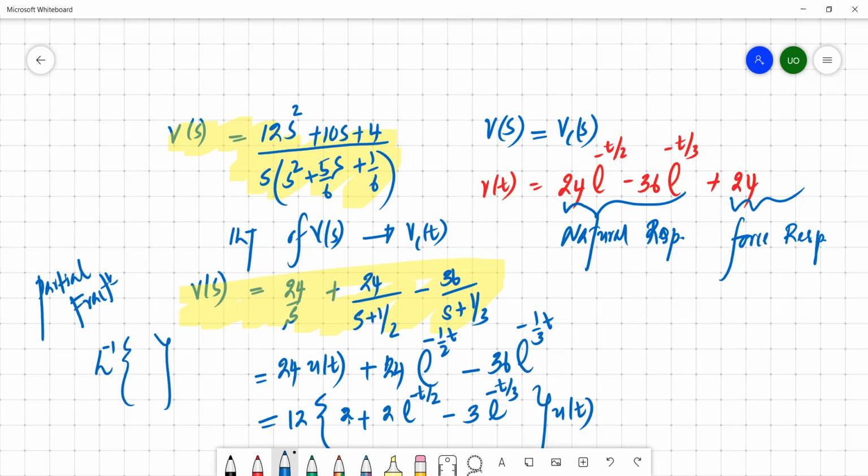So this is the natural response, and it basically has two roots. One would be 1 over half, the other one is 1 over 3. So these may be the roots of the characteristic equation. And by looking at the pattern of this v(t), you can simply say that it's the natural response followed